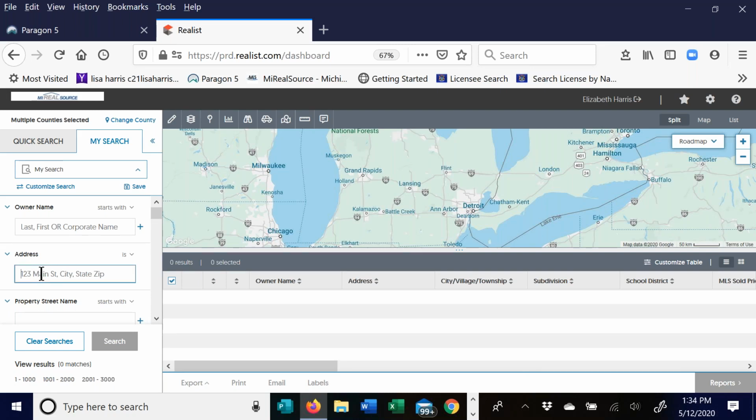I can come in here under my address toolbar, and I can type in that property address. I'm going to put in the property I just searched, which is my listing, 38890 Shoreline. But again, you can search your own home or any other specific property that you might be looking for. I always add the city. I find that sometimes if I don't, it does take me out of state, so I want to make sure I stay in Michigan. So I'll put in comma, Harrison Township,